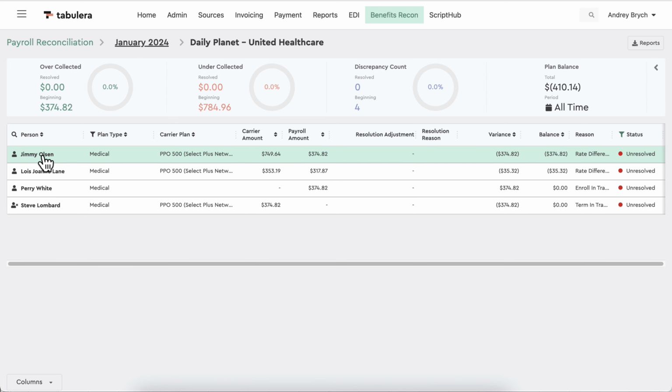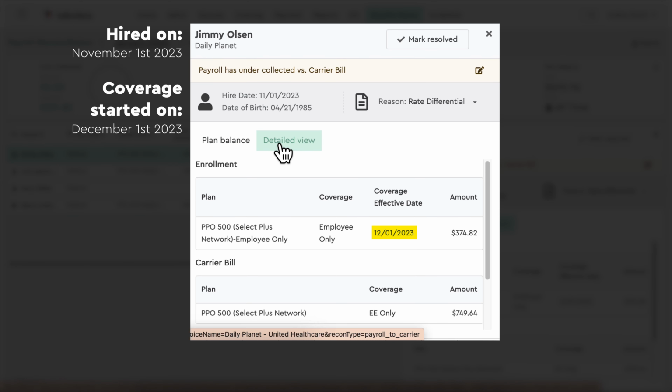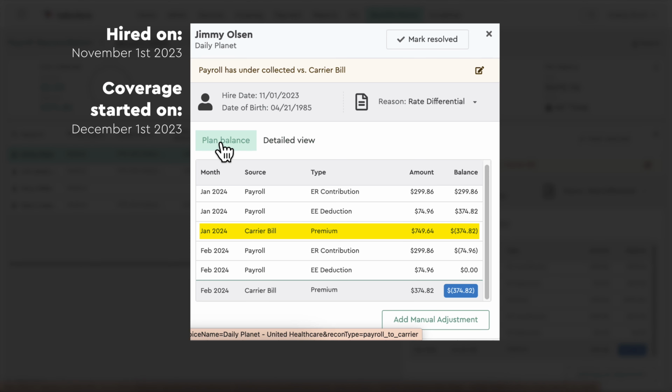Let's click on the first employee in the list, Jimmy Olsen. You'll notice that he appears to be a new hire, having been onboarded on November 1st, 2023. If we take a closer look at his coverage start date in the detailed view, it began on December 1st, 2023. The carrier is billing Daily Planet for coverage retroactively for a month, as indicated by the doubled premiums billed